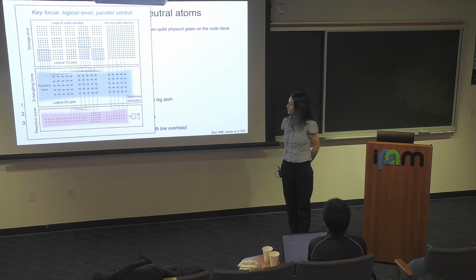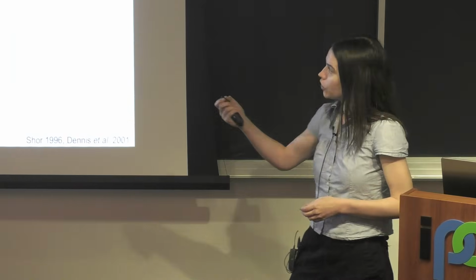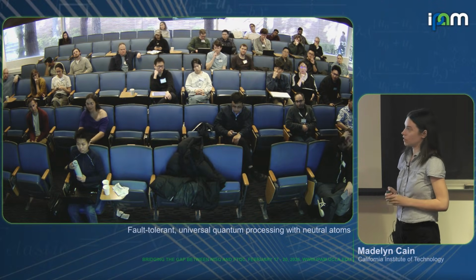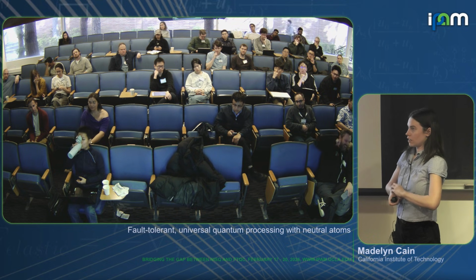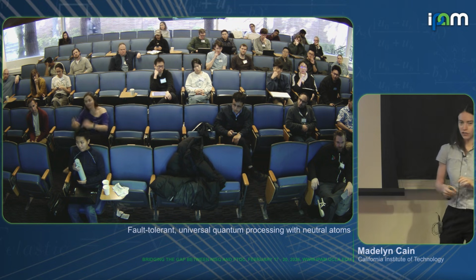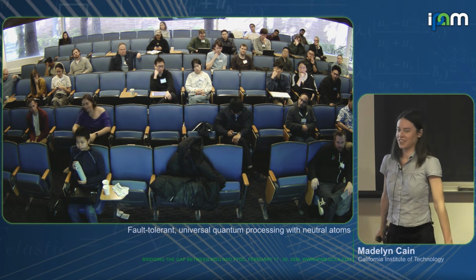How does that compare with the storage zone? Storage zone qubits are very safe. That's where you have roughly a 2-second coherence time. They're very happy in the storage zone. I meant what the error rate is in the storage zone rather than just the coherence time. Does it depend on what gates you're doing? No, it doesn't matter. They're just sitting far away from the laser, so it doesn't matter. Okay, very cool.